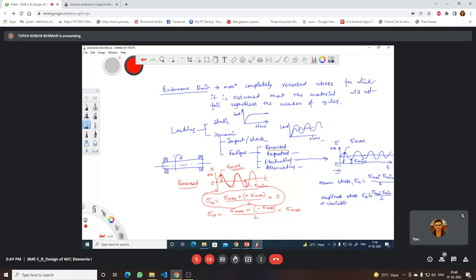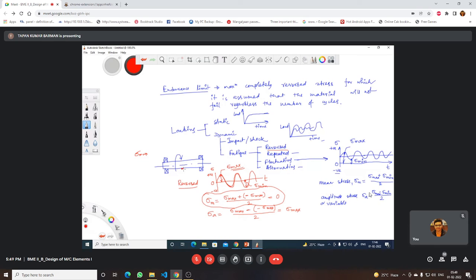You see this example. Here, suppose due to the loading, you are getting sigma max. Suppose there is only one type of material, one type of stress. These fibers will come here. Then these fibers will be under tension. This fiber will be under compression. The magnitude will be same, but sense will be opposite. One is compression, one is tension. Value will be same for these two loadings.